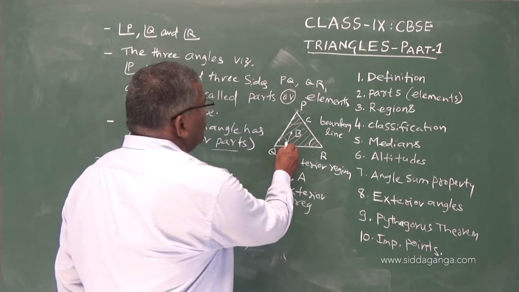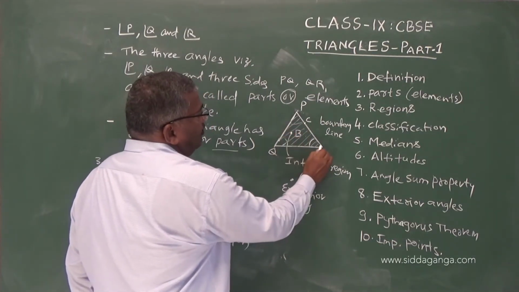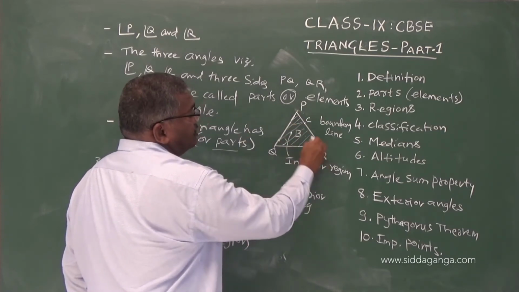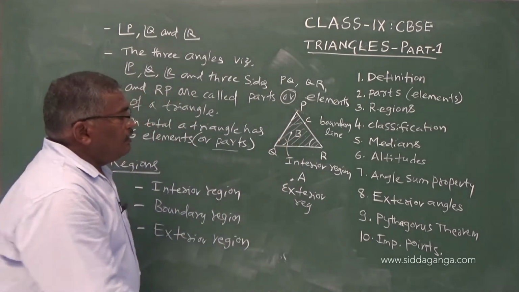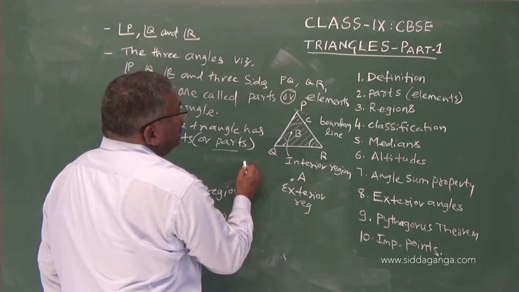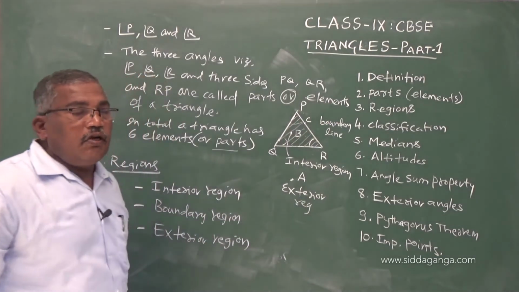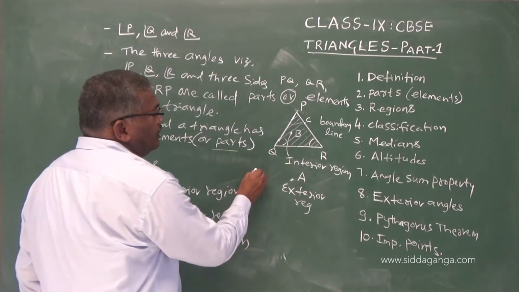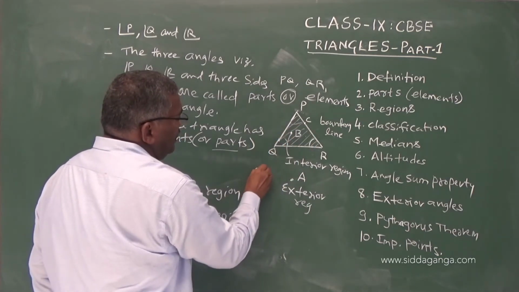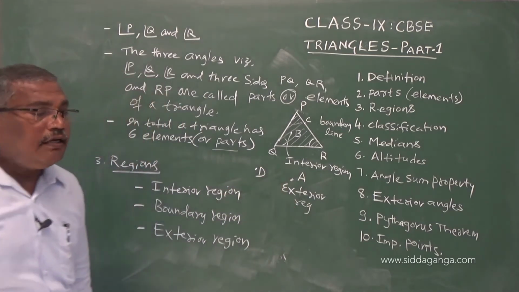So, now we have understood this is interior of the triangle, this is boundary region. Boundary region is just the lines which are forming the triangle, and any point outside the triangle, say A, B, C, D, outside the triangle area, we call it exterior. Suppose this is A, this is B and this is C. If I have another point D here, it is also in the exterior area, A is also in the exterior area.